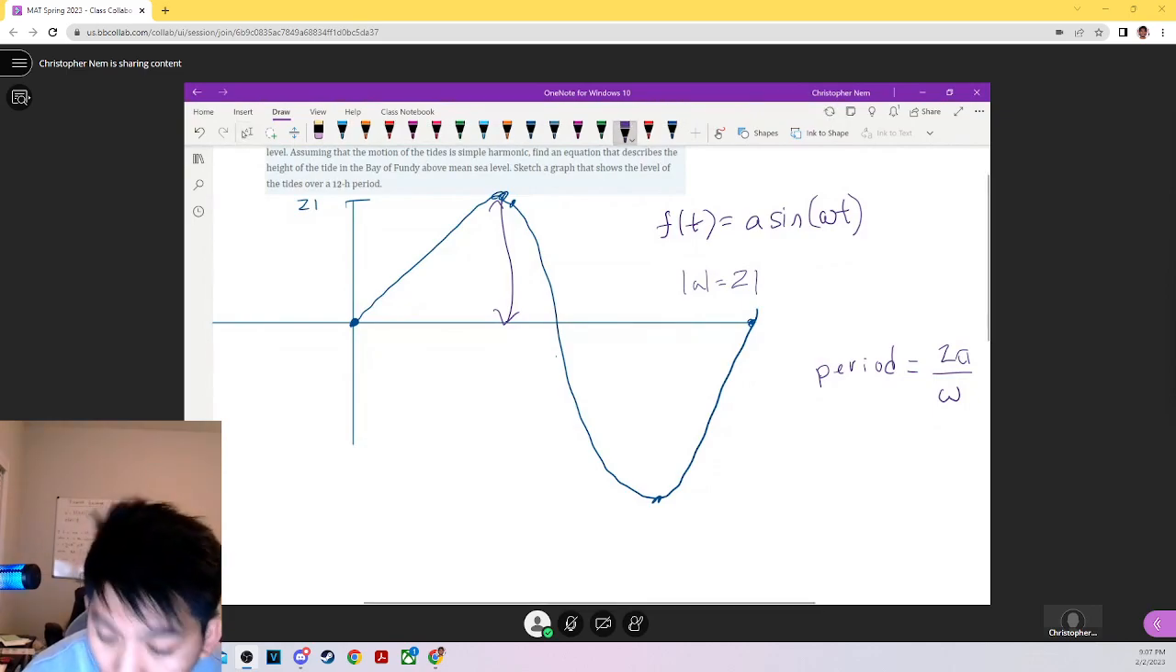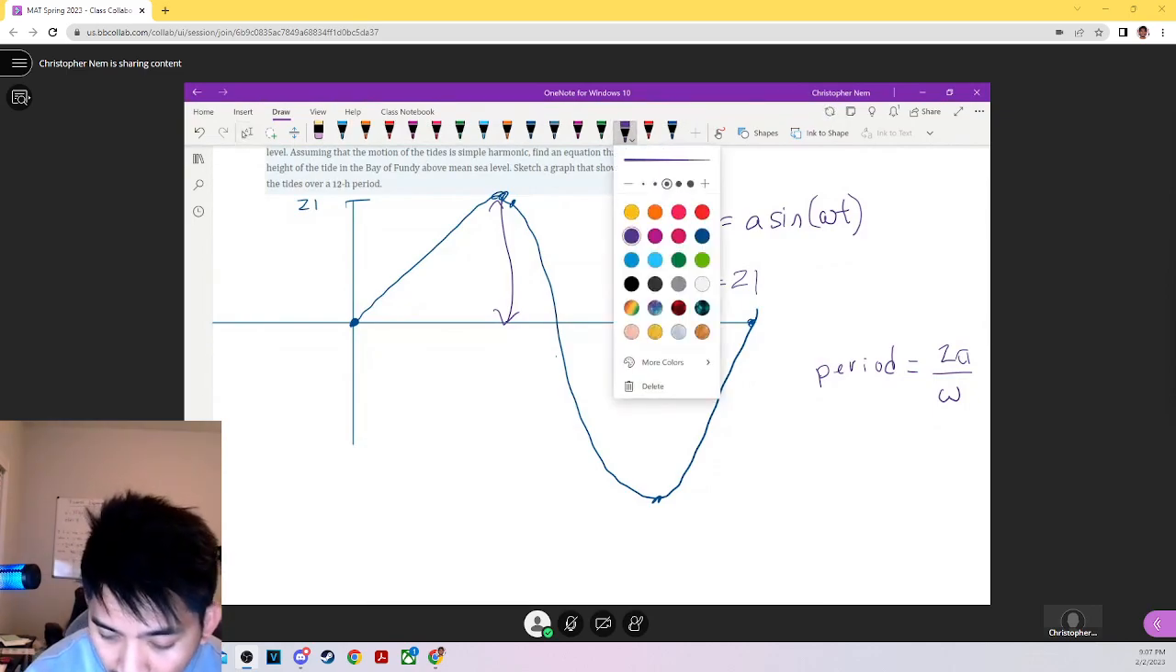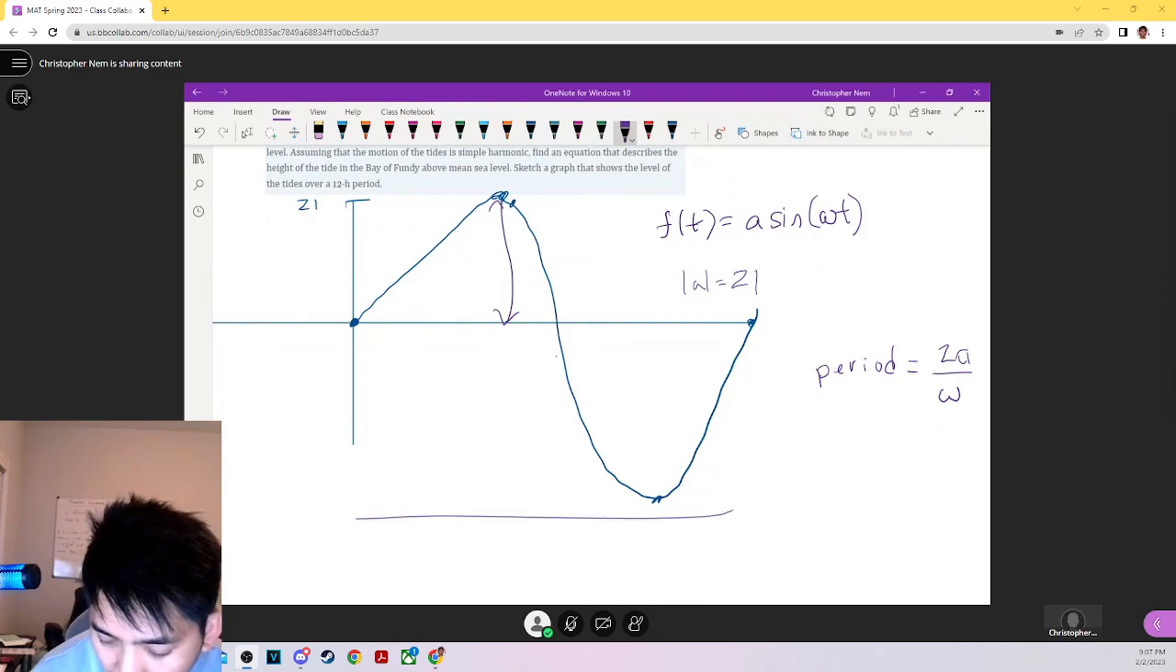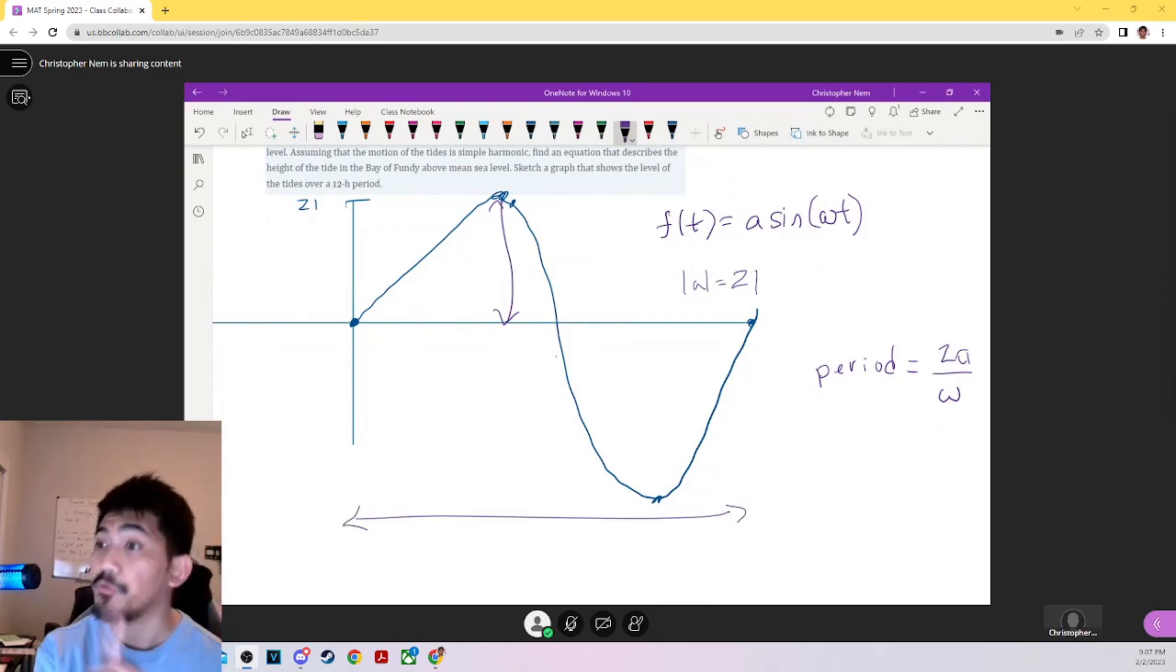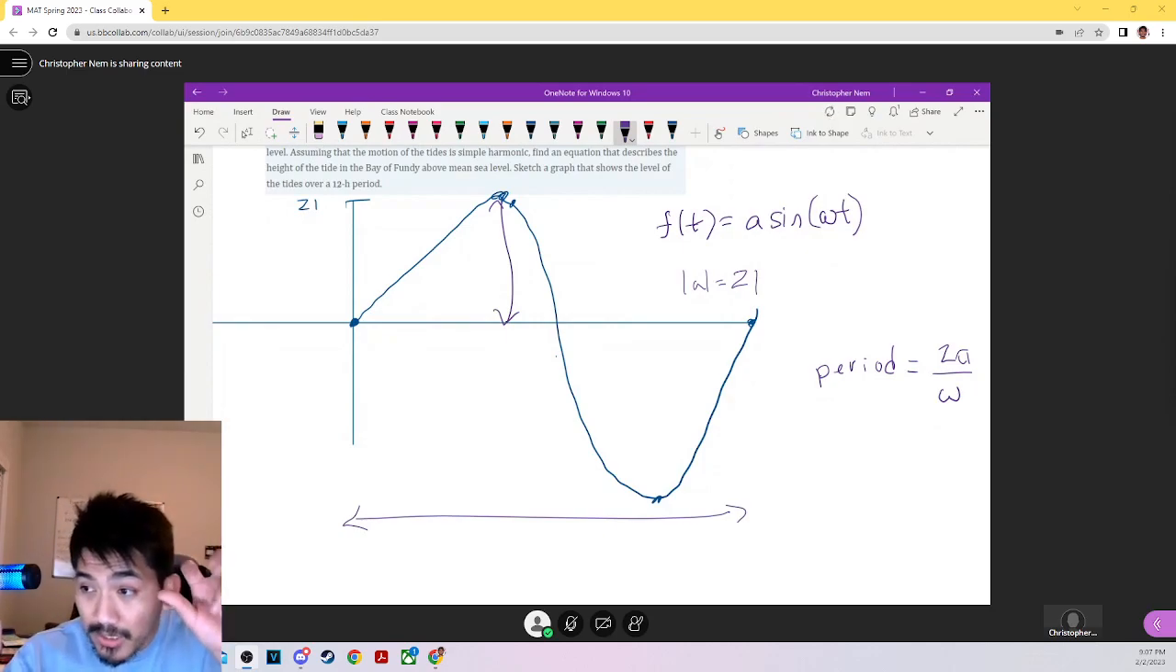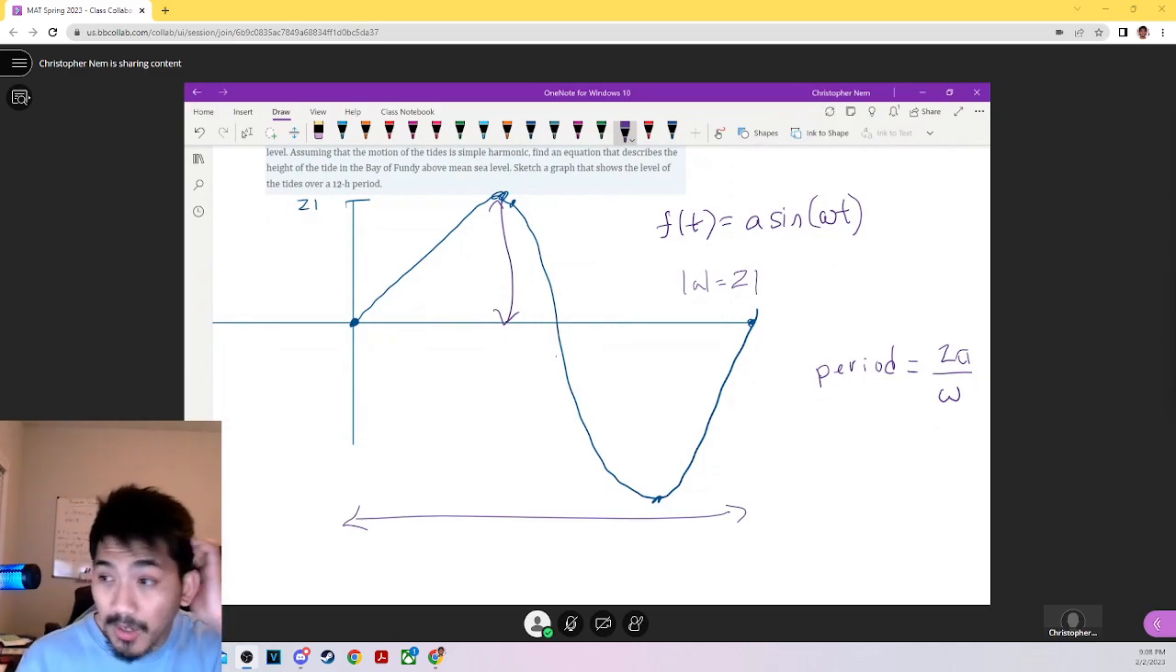We can calculate that. When does the function repeat? Well, if I start from the very beginning, it repeats from here to all the way here. This is one full cycle. And then it supposedly repeats if it follows this harmonic motion. Well, that means this distance is 12 at a 12-hour given interval. So that means my period